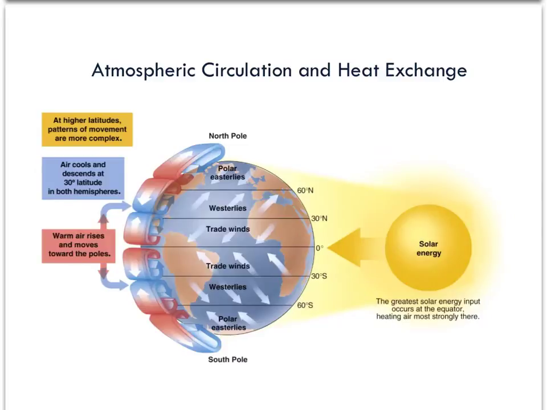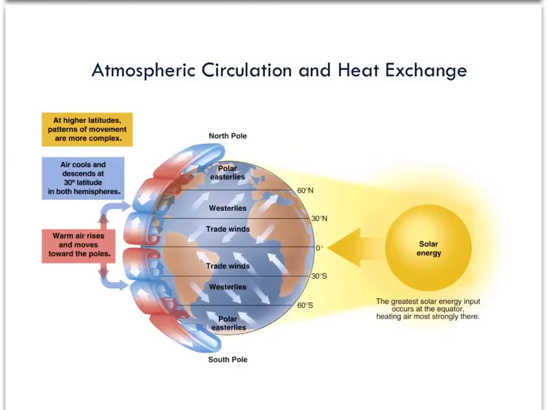And because of the Coriolis effect, you're going to get different wind patterns. You're going to get the trade winds that are blowing towards the equator. They're deflecting towards the right in the northern hemisphere. They deflect towards the left in the southern hemisphere, again because of the Coriolis effect. Then you're going to get these westerly patterns between 30 degrees north and 60 degrees north. You're also going to get these westerlies between 30 degrees south and 60 degrees south, and then finally the polar easterlies flowing between 60 and 90 degrees south and between 60 and 90 degrees north latitude.